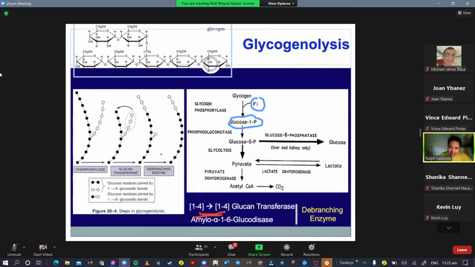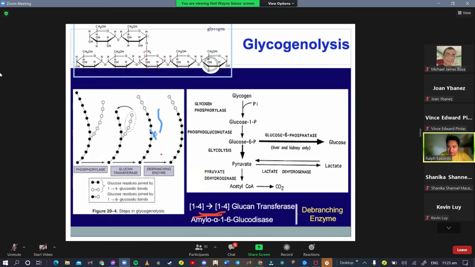What remains is this one glucose that is attached to the branch by an alpha 1,6 bond. So this debranching enzyme cleaves this bond and releases a separate glucose here at the right picture. It releases a free glucose. So then